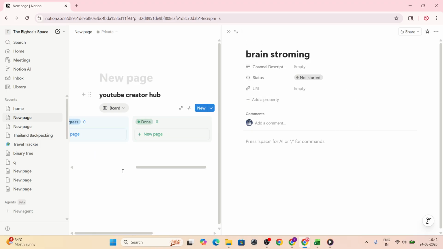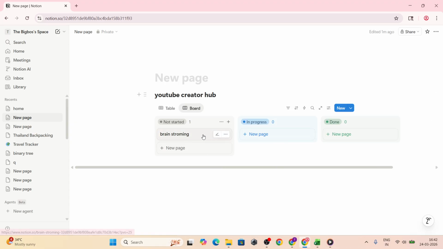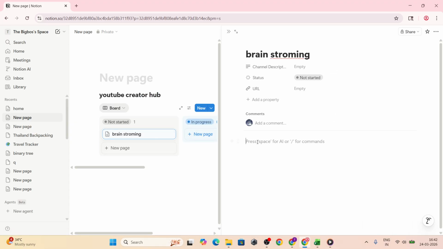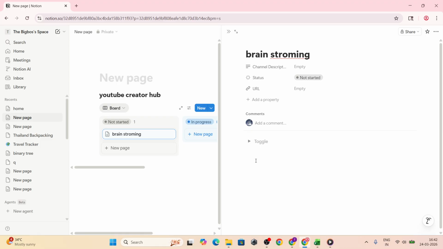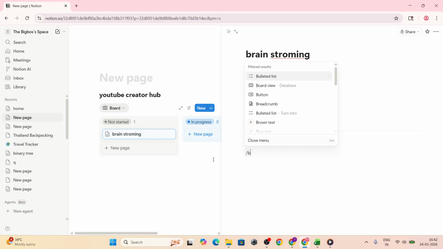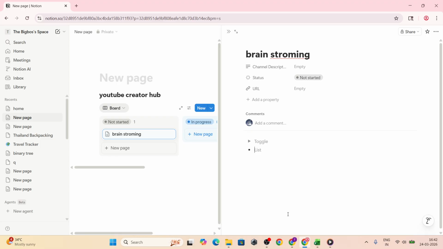in place. Right below, add a script section with clear headers for hook, intro, main content as bullets, and a strong call to action. Drafting in sections keeps your delivery tight and makes recording faster. Add a shot list section to plan B-roll, props, and location notes, so you don't miss key visuals on filming